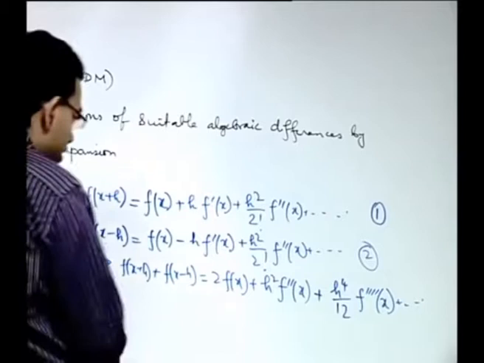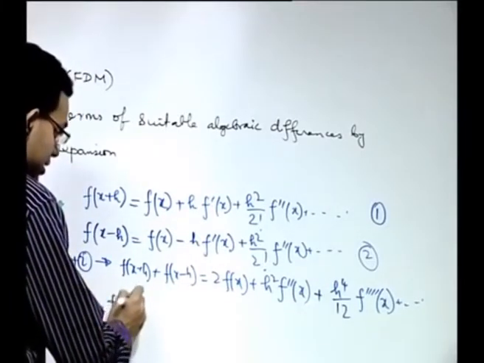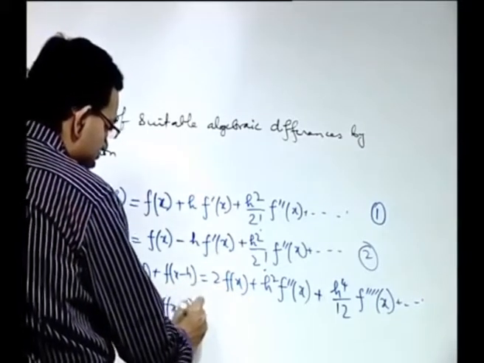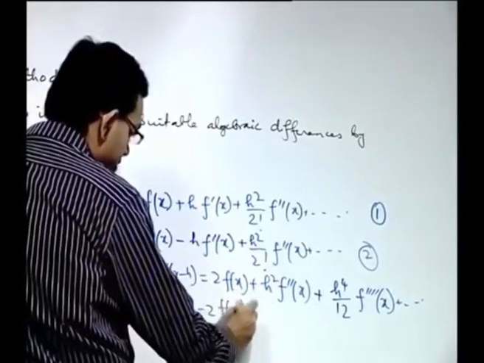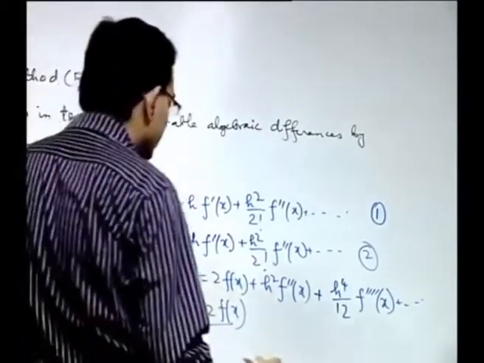So, from here you can write f double dash x is equal to f x plus h plus f x minus h minus 2 f x divided by h square